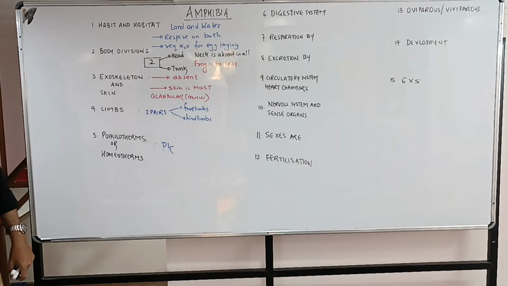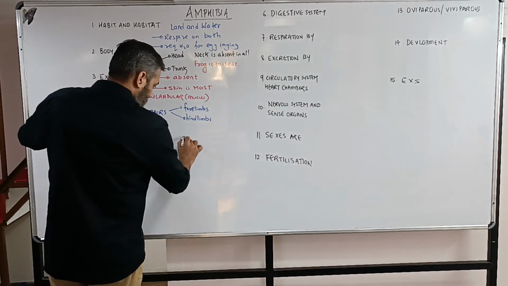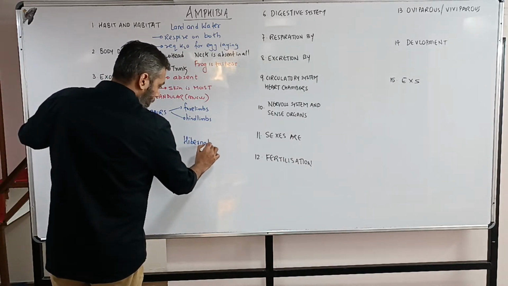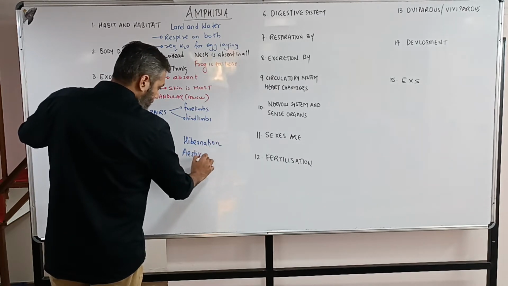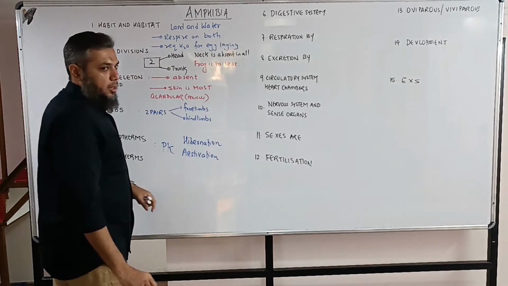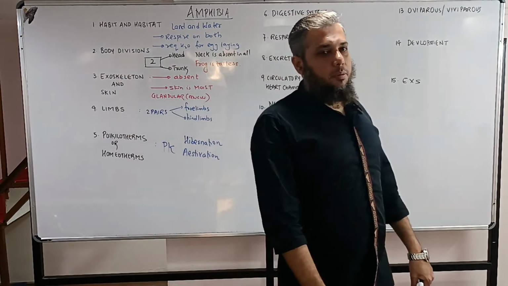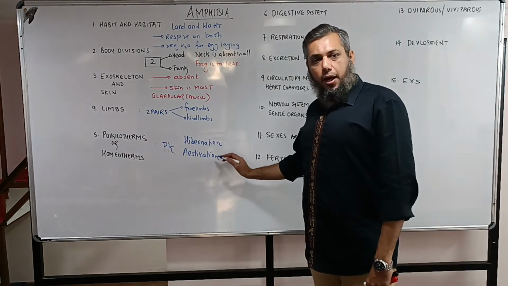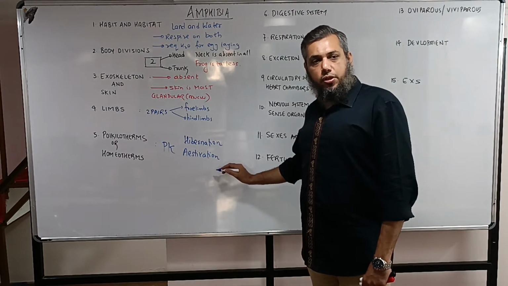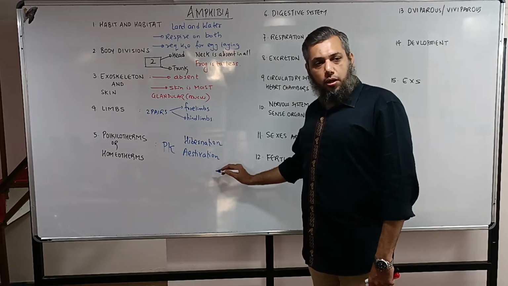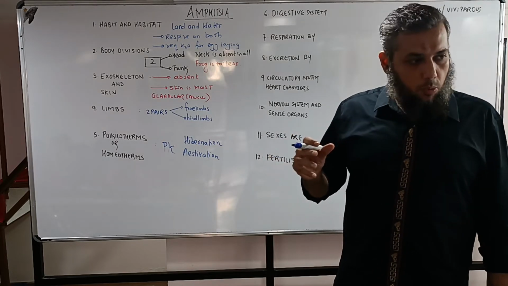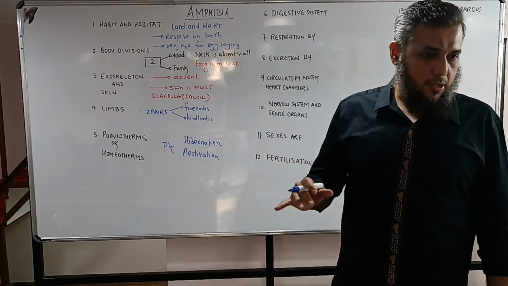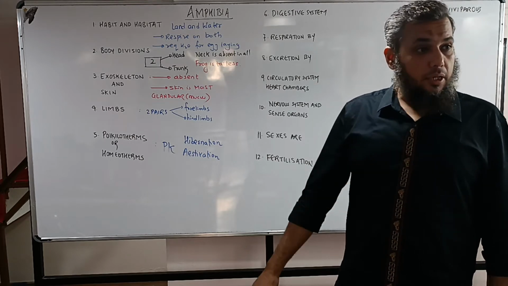So will they survive extreme heat and extreme cold? No. So at that time, what will they do? When it is very cold, they will undergo hibernation, and when it is very hot, they will undergo what? Estivation. मतलब ठंडी में भी सो जाते हैं और गर्मी में भी सो जाते हैं. ठंडी के सोने को क्या कहते हैं? हाइबरनेशन. गर्मी के सोने को क्या कहते हैं? एस्टिवेशन. क्यों करना पड़ता है इनको ऐसा? क्योंकि वो जो टेम्परेचर का एक्सट्रीम फ्लक्चुएशन है उसको उनका बॉडी टॉलरेट नहीं कर सकता. उनके पास टेम्परेचर रेगुलेशन की एबिलिटी नहीं है.